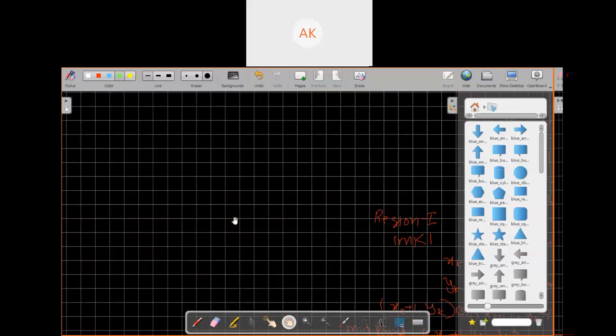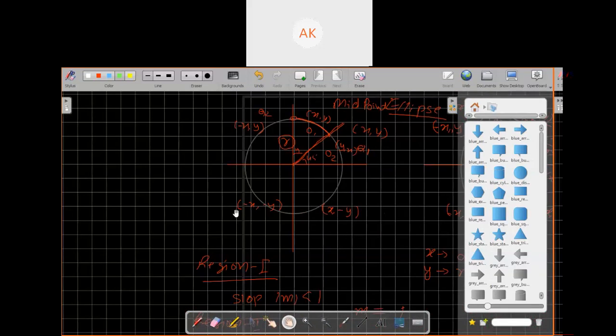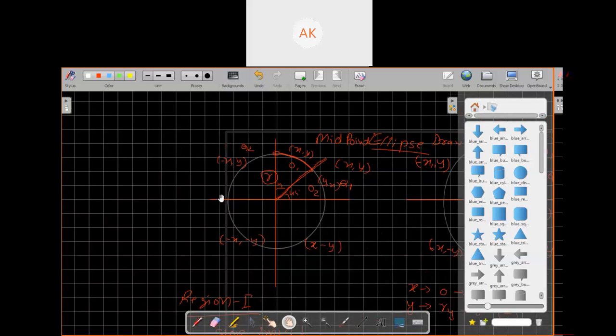So if you remember, suppose this is your circle. Firstly, I am discussing the condition for a circle. The equation of the circle is, as you told, x square plus y square minus r square equals 0. When your point is on the circle, this is true. True means it is exactly equal to 0.